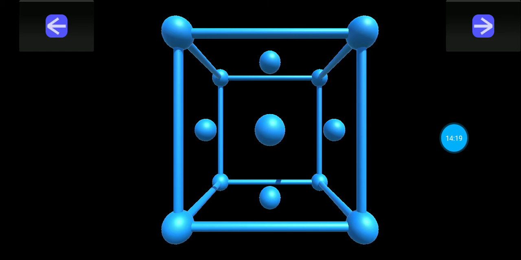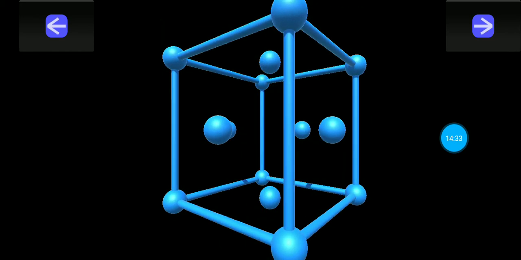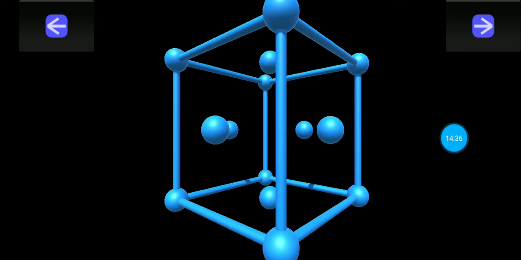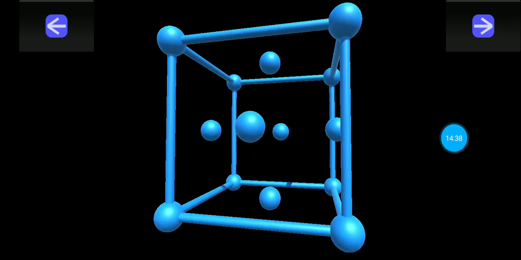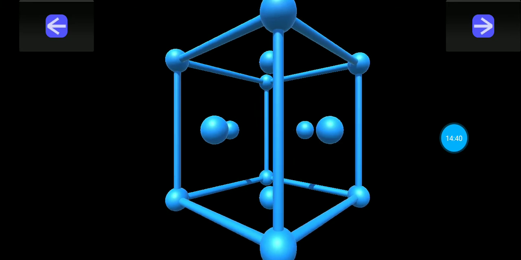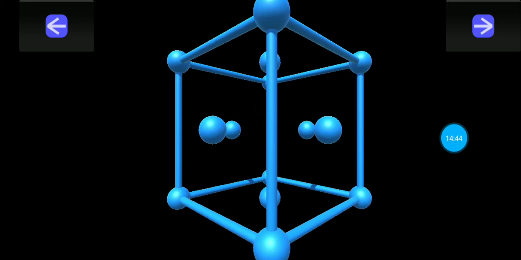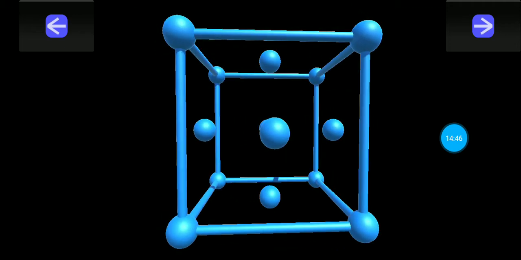If you carefully see this diagram, at each and every face, not at the center of this unit cell, we do not have an atom at the center of the unit cell, although it looks like that from this diagram. But if you rotate it in 3D, you will see it is not at the center. There is no atom at the exact center of this cube. But the atoms are located at the center of the faces.